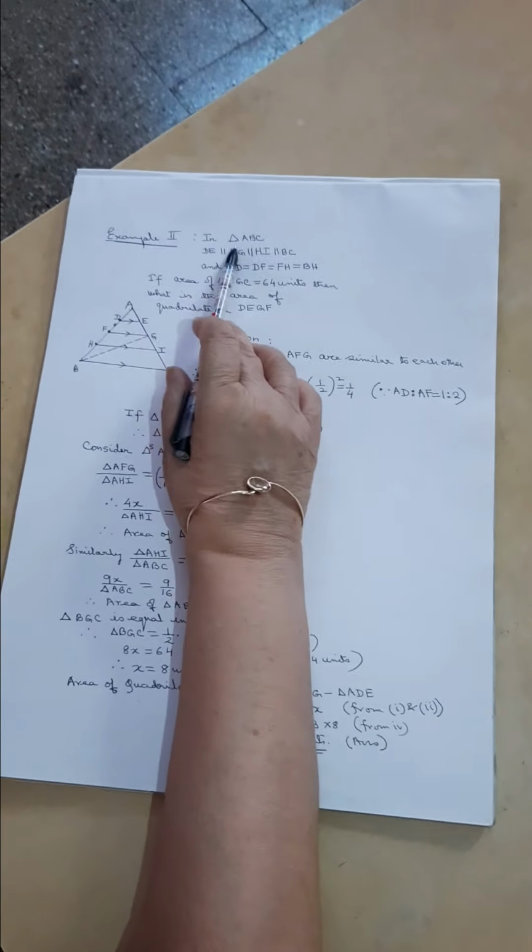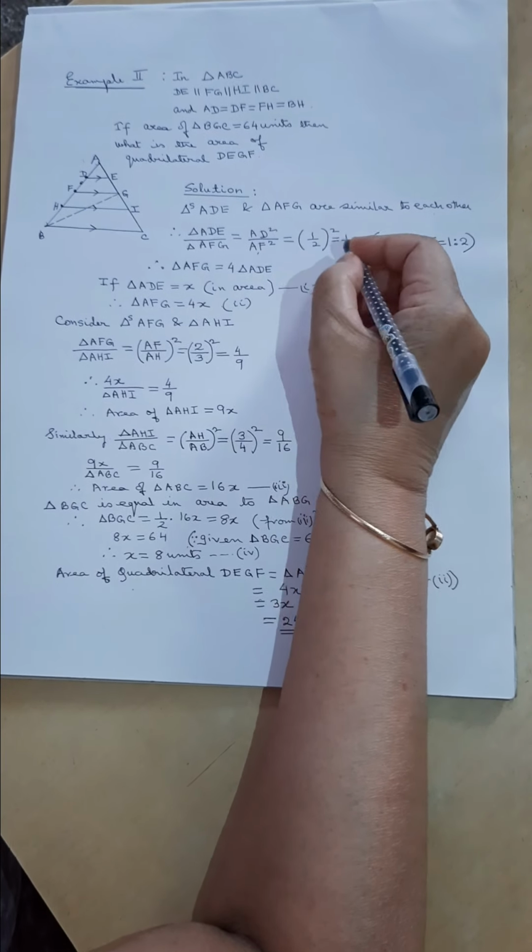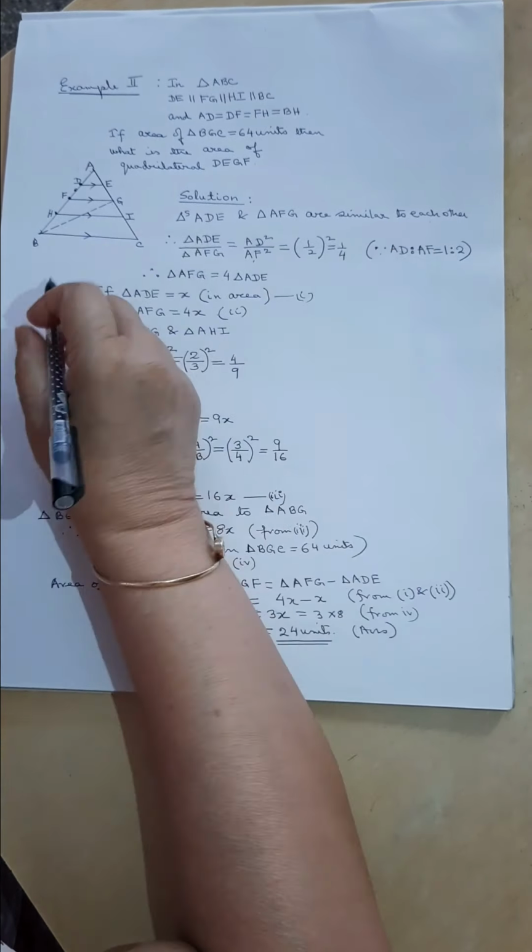Therefore, triangle ADE by triangle AFG is equal to AD square by AF square, which is equal to 1 by 2 whole square, which is equal to 1 by 4. Since we have AD is to DF 1 is to 1, therefore AD is to AF will be 1 is to 2. Therefore, triangle AFG is equal to 4 times triangle ADE. If triangle ADE is equal to x in area, therefore AFG is equal to 4x. Considering triangles AFG